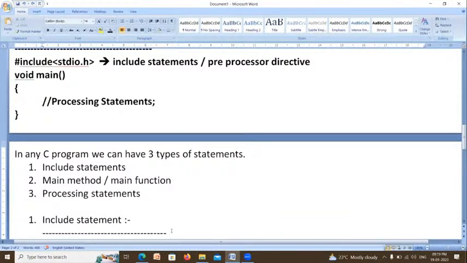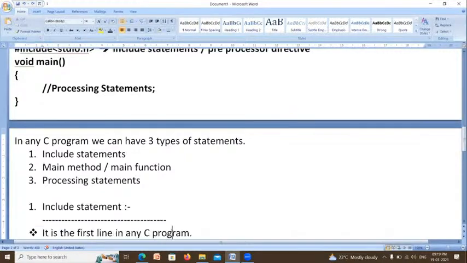The different parts of a C program. One is include statement. Second one is main method, also called the main function. Third one is processing statements.